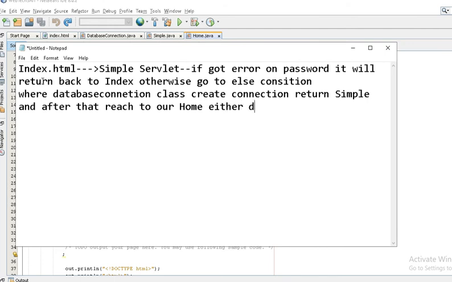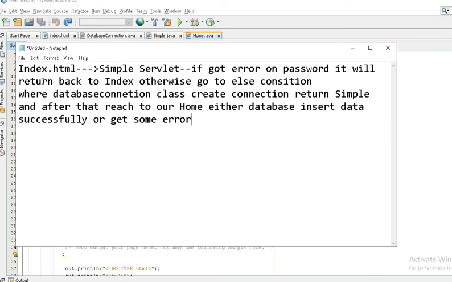Either the database inserts the data successfully or we get some error. So this is the working of our application.